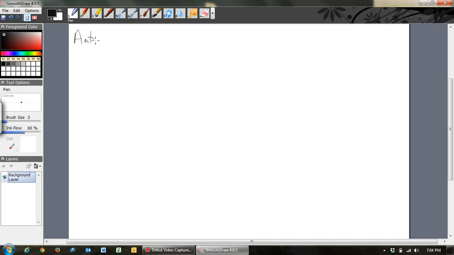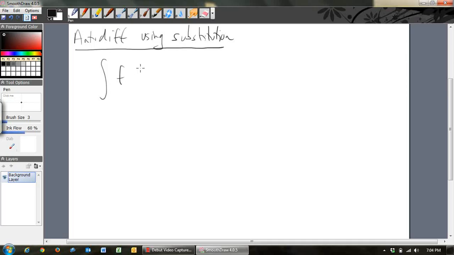Just done some anti-differentiation. I'm just going to write anti-diff now that we're comfortable with this. I'm just going to write that anti-differentiation using substitution. And this is a powerful way to anti-differentiate a lot of functions, expressions that we get. Basically, what it is, if you see an integral and you have some function and you've got some inside